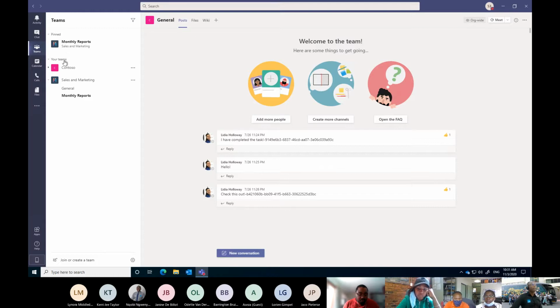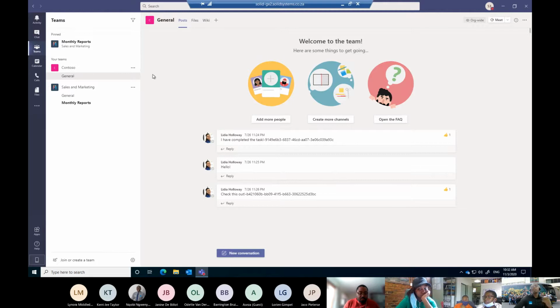So again, the nice thing when it comes to security, when it comes to anything that has to do with folders and files, teams and channels play a very huge role in that. Anything that you do not have access to, you will obviously not be able to open. What I wanted to illustrate is that should you now be given access to a specific site or specific group, you can